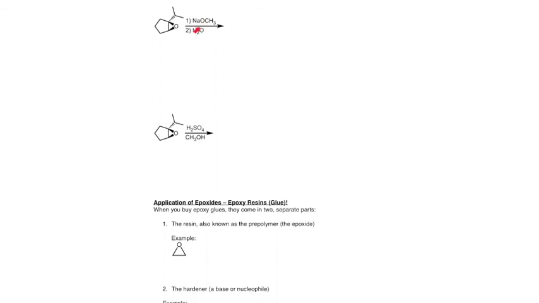What are we doing here? We're doing basic conditions, acidic conditions. Draw what the different products would look like. I am going to do these a little more rapid fire because we've already gone through mechanisms together. So when you see an epoxide, identify what's going on over the arrow.